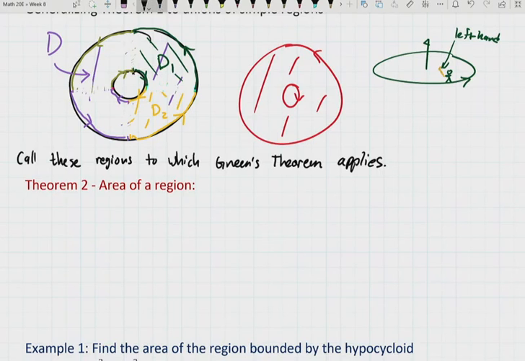I'm going to move on to an application of Green's theorem, which is to find the area of a region. So we've already seen formulas for the area of a region. Here's one you've never seen before, though. This one's new. And it actually allows you to compute some things that were formerly difficult. So the new area formula is as follows. If D in R2 is a region that Green's theorem applies to,